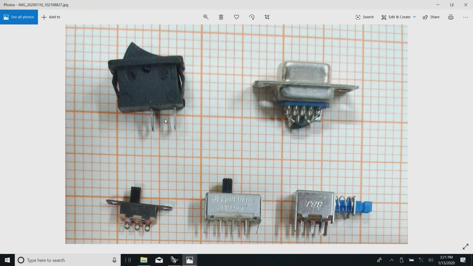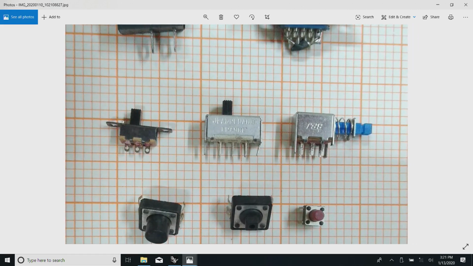Obviously, one of the important points is that though it looks the simplest thing, a very simple switch in this case has only two terminations. In one position they are both connected, in another they are not connected. This is about the simplest you can think about. Something related to this is another type of slide switch, in which you have a center point, and intuitively we expect that these two are connected in this position, and in the other position these two are connected.